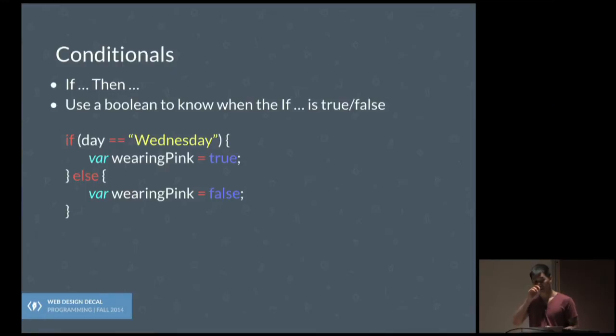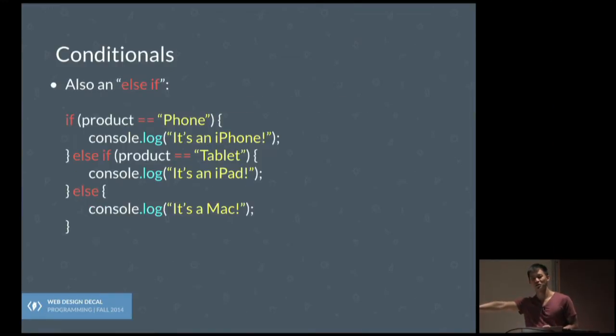But yeah, here are extended conditionals. In addition, sometimes there's not just two cases, right? Sometimes it's not just if and whatever is else. If something is true, then you also have else if. And what else if does is check for multiple things. In this case, I basically did the Apple product lineup, right? So if it's a phone, it's an iPhone. But another if that you can insert is, if it's a tablet, because Apple has sort of three main products. If it's a tablet, then it's an iPad, et cetera, et cetera.